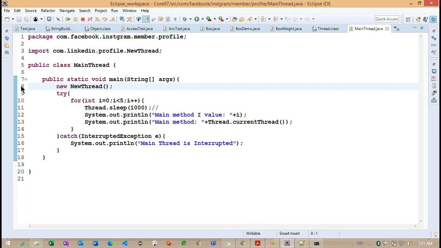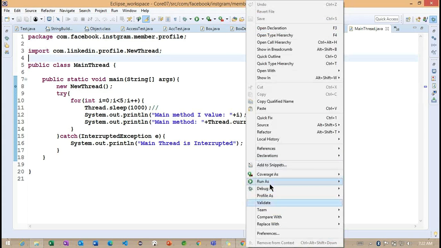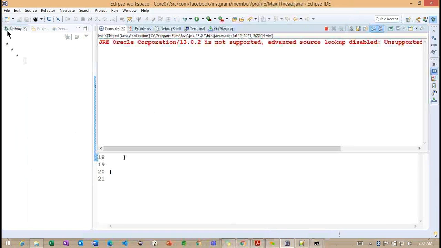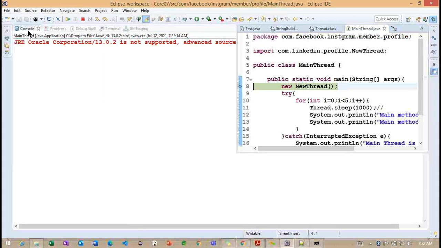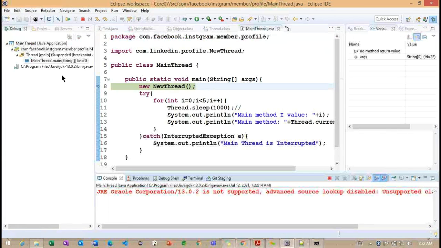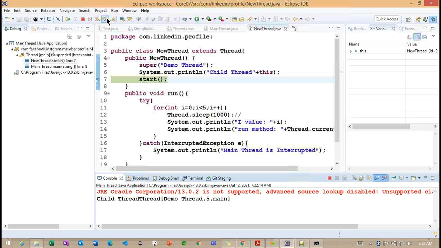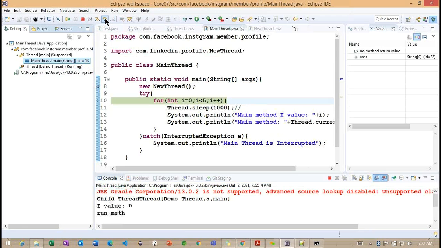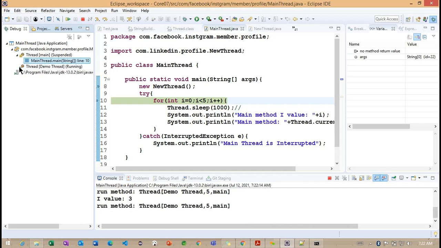if I'm going to put a breakpoint here. So debug as a Java application. Okay.